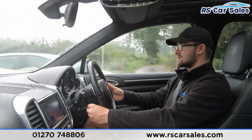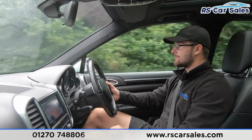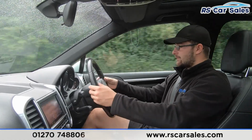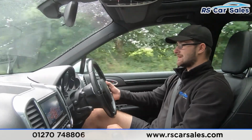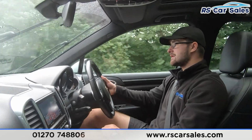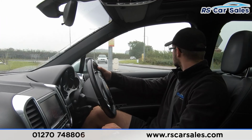Now I do have cruise control on the stock just down here, as well as paddle shifts on either side of the multifunction steering wheel. Now with the paddle shifts, you can change up and down from either side. So on the right hand side, I can pull towards me and it goes down, so coming in 7th, down to 6th, into 5th, into 4th, so down from the roundabout, into 3rd, into 2nd, coming to a halt, to first,